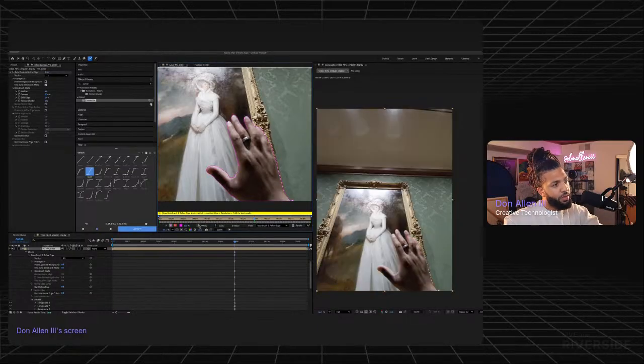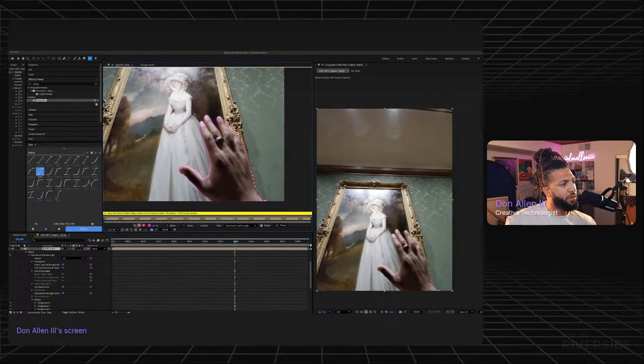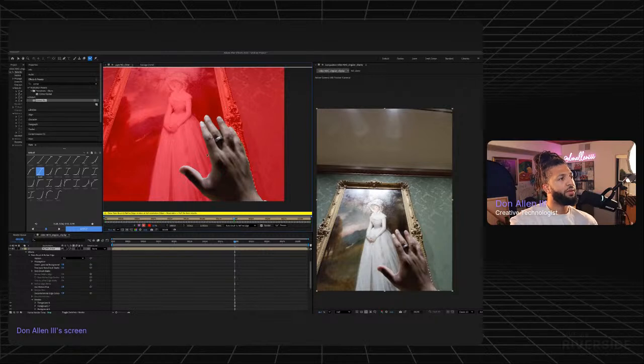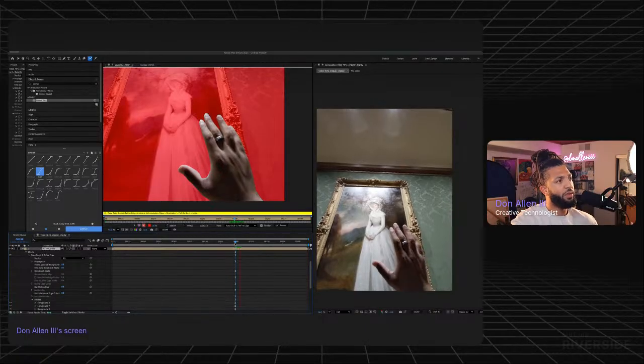Oops. No, that's the wrong button. What we're going to do is play it forward. I think I need to move this so I can see more of the buttons in here. And it's just to show you, this is what it's keeping, right? And then everything in red is what it's going to remove. And so now that that's kind of set, we can now hit the play button on here and watch the